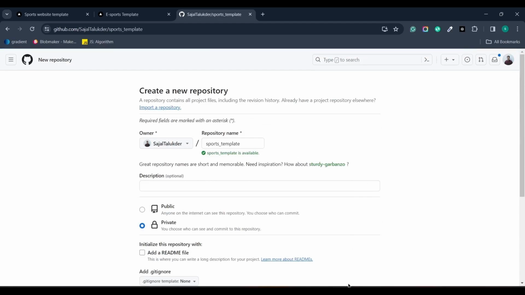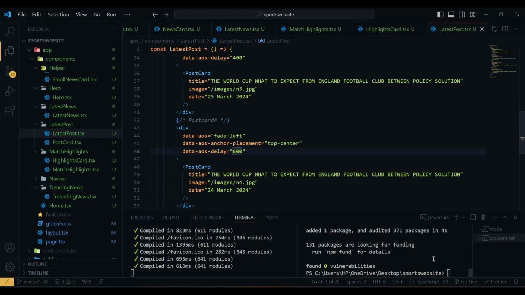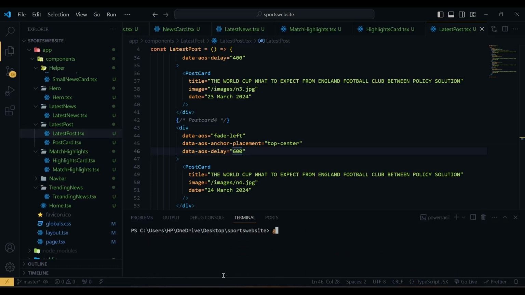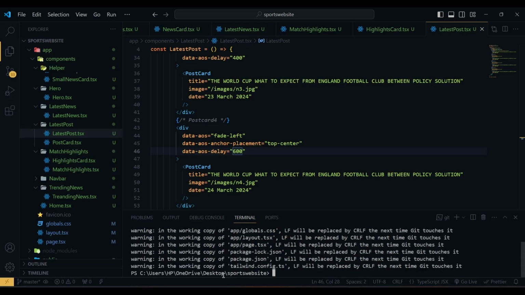So now this will create a repository, and then in the Visual Studio Code. So first we need to, so let me close this and close the project, and here I'm going to first initialize our project using git, which is git init. Then I'm going to add using git add and dot, so that all the files are added. So it's added. Then we are going to use git commit, and then a message like first commit,